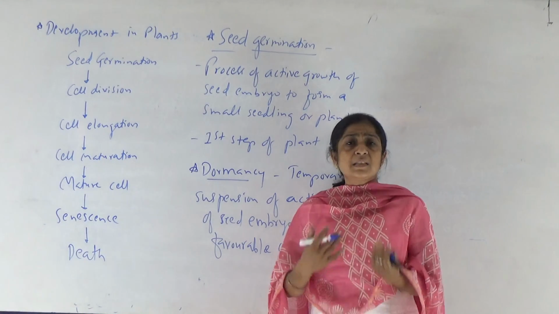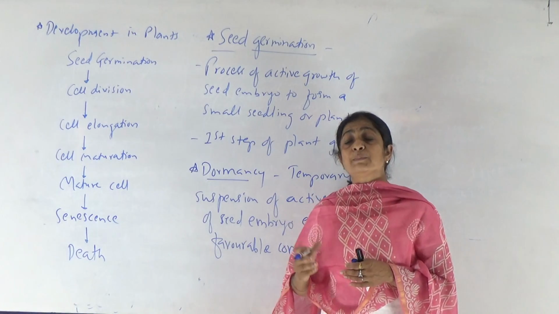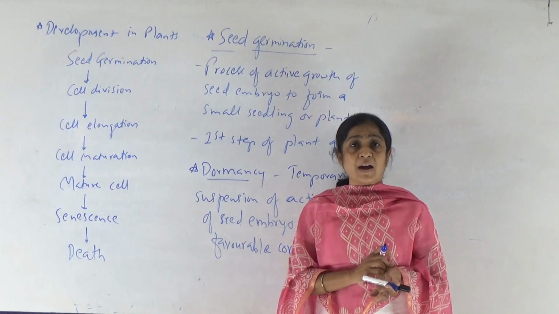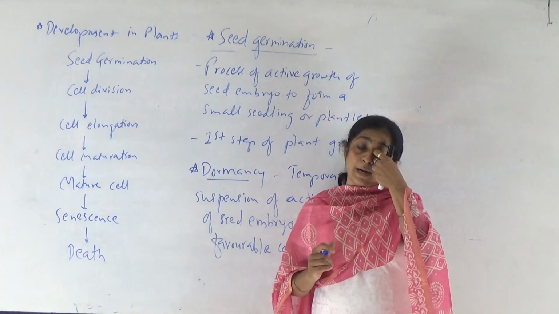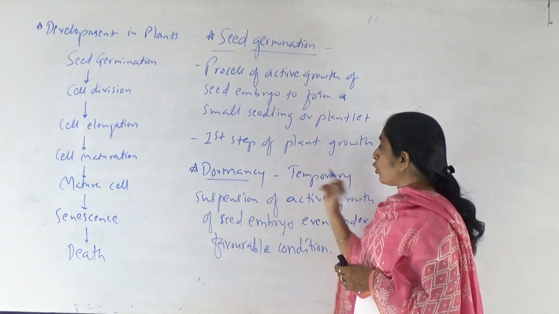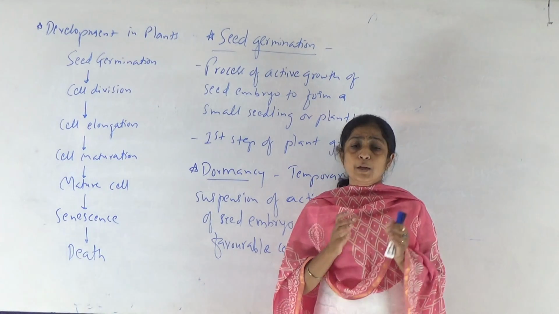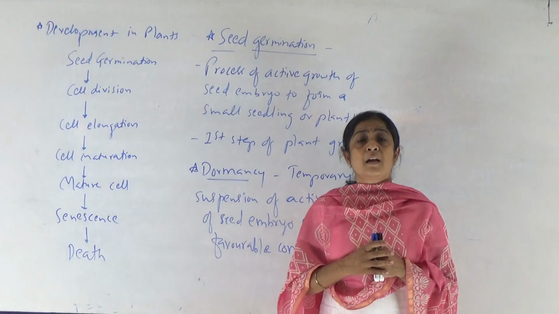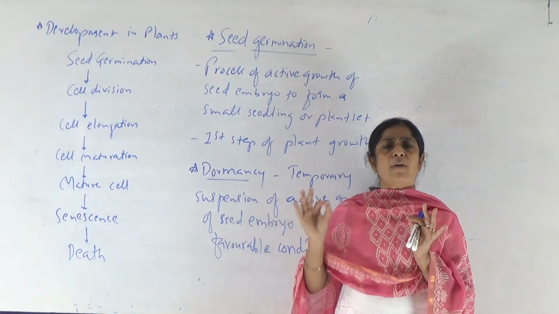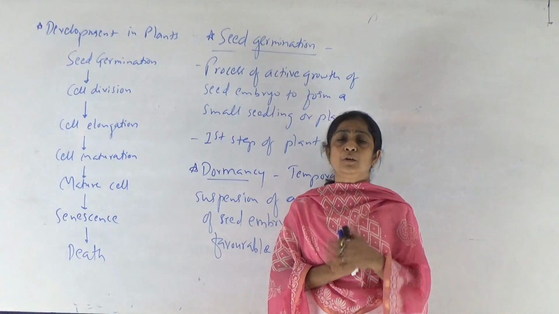And there are some specific reasons why this dormancy is developed in the seed. And there are even some specific methods of breaking dormancy, which are practiced by farmers, especially in the case of agricultural crops, so that these seeds can grow well and provide food to human beings. So dormancy is a phase during which the seed is unable to germinate even though it is present under favorable conditions. It is the suspension of active growth of the seed even under favorable conditions to germinate. That is nothing but dormancy.